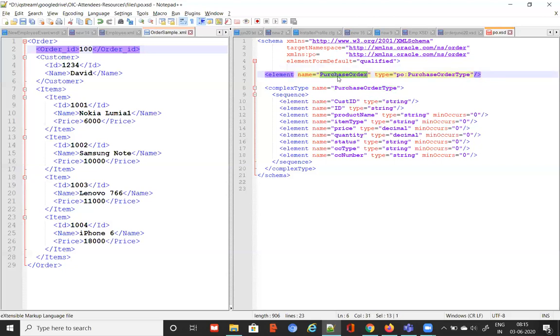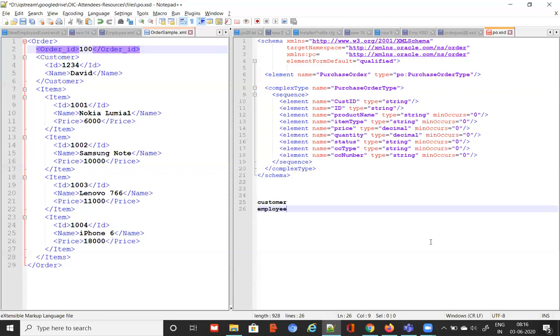You can do that. Many places we do this in programming also. You create one type, then you create other variables of that type. When will you do that? If you think there can be more variables of that type in your program, then you create a type for that and refer to it. A good example could be you are creating an XSD for customer and for employee.